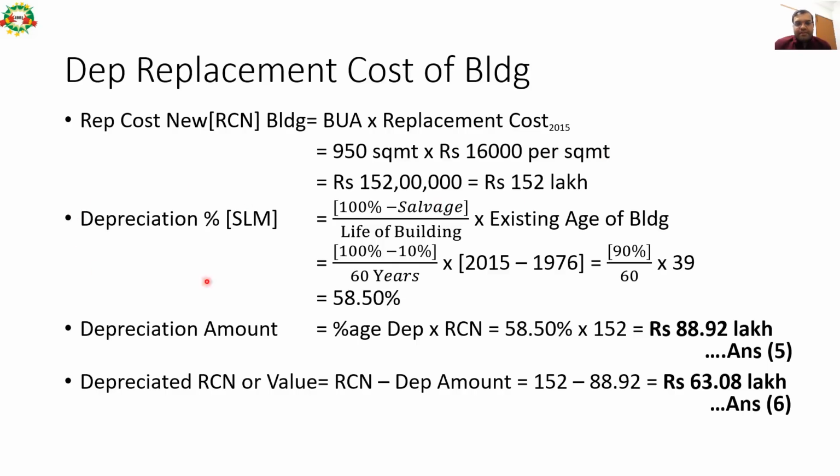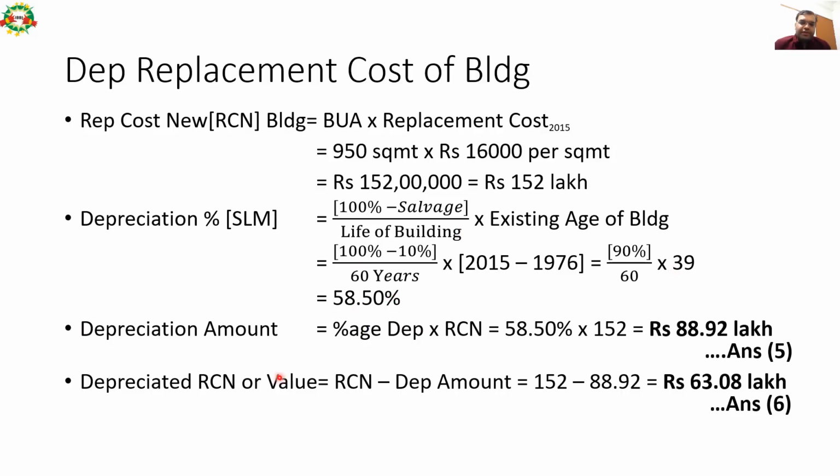So since the SLM method is mentioned in the case and salvage of 10% is given, first we will calculate percentage depreciation for 39 years. Now the building was constructed in 1976. Now we have to calculate the depreciated value of the building as of 2015. So percentage depreciation will be 100% minus salvage divided by total life of the building, which is 60 years given in the question, and existing age of the building is 2015 minus 1976. So it is a 39 years old building. So 90 divided by 60 into 39 gives us depreciation of